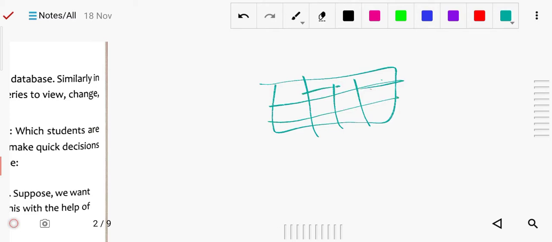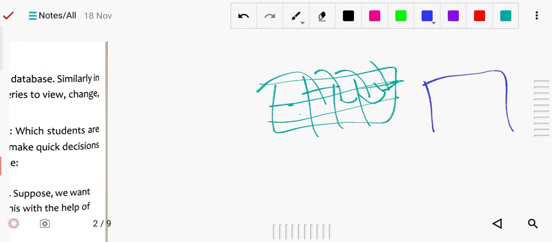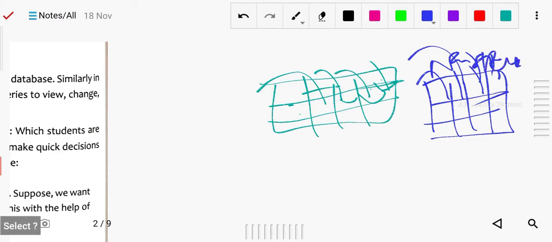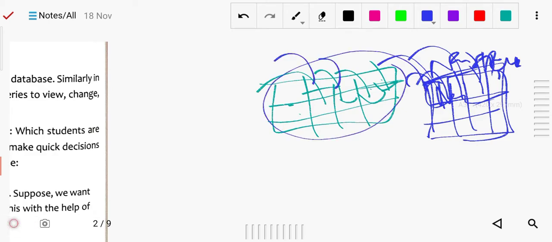But now with a query, a particular special table is made for whatever information we want. For example, I want the student name, roll number, and tuition fee, only three things, and I give the criteria that the class should be only fifth. Only those will be displayed there. But earlier, with sorting, the result was displayed in the original table itself.